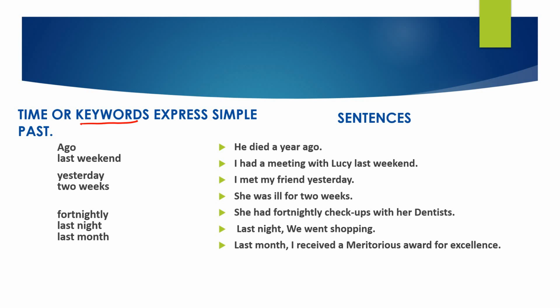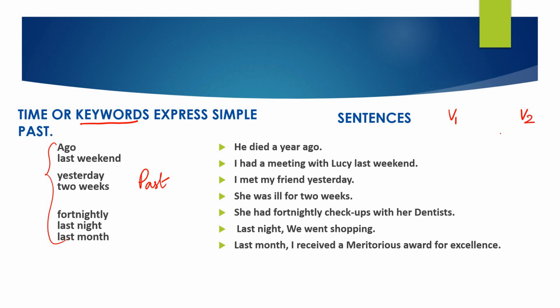Ago, last weekend, yesterday, 2 weeks, fortnightly, last night, and last month. All these are keywords that denote the time in which the event happened. Of course, it happened in the past, right? Now, here we have a few sentences. Now we are going to identify the verb from each sentence, and then we see the V1 and V2 forms